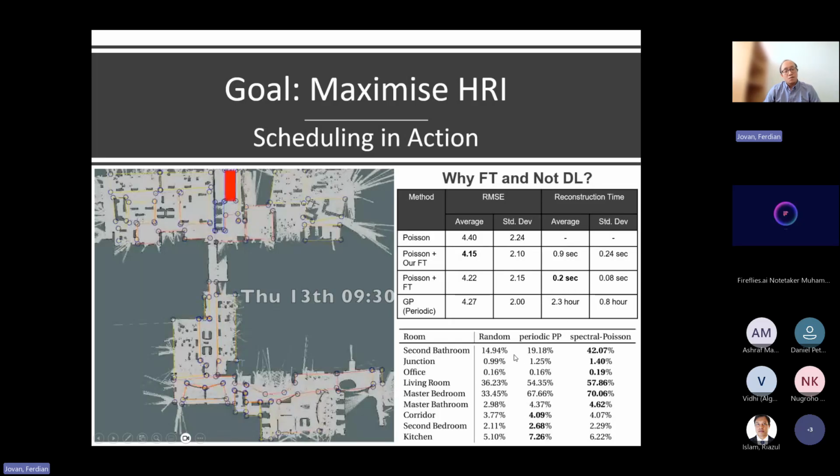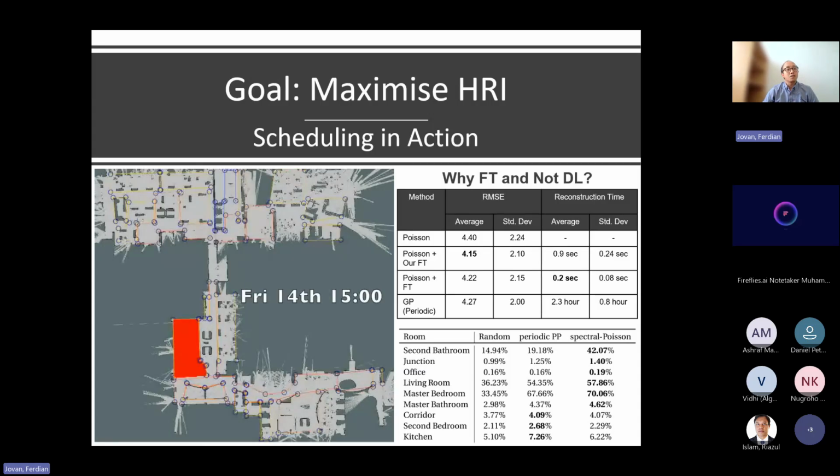And what this means is that, if you run this during the day, the robot can run continuously. Practically, our robot can run for 10 hours. So if it starts from 7 a.m., it needs to be recharged around 5 p.m. But if you run the state-of-the-art Gaussian process to do this reconstruction and then scheduling, it will definitely take away operating time.